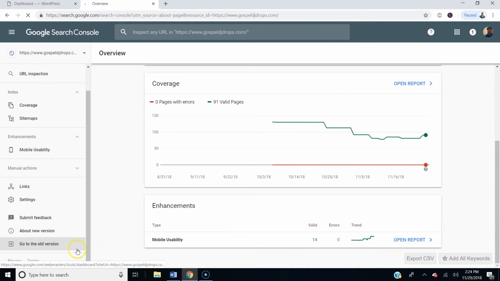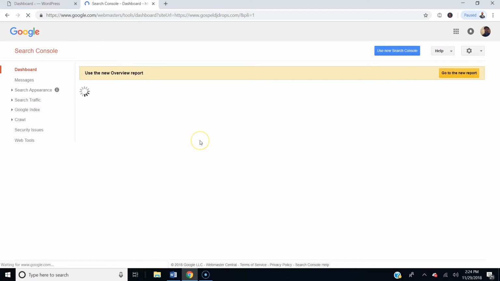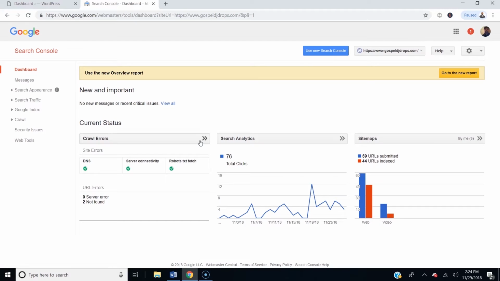This is the new one, but I'm going to go right here where it says old version. I like using that one better. Okay, I guess, old habits. But here we go. So I'm going to show you how to add your website now to the Google Search